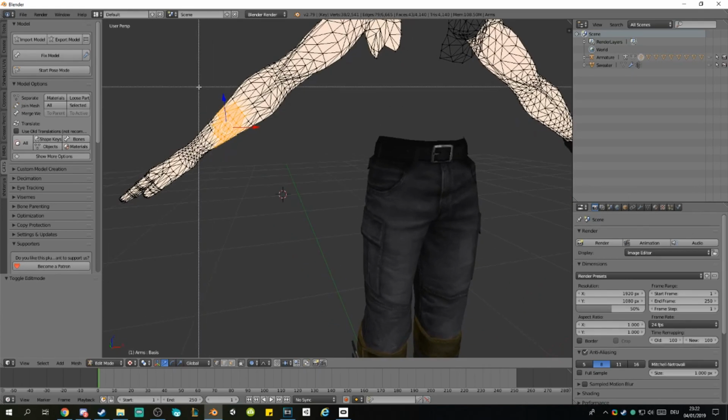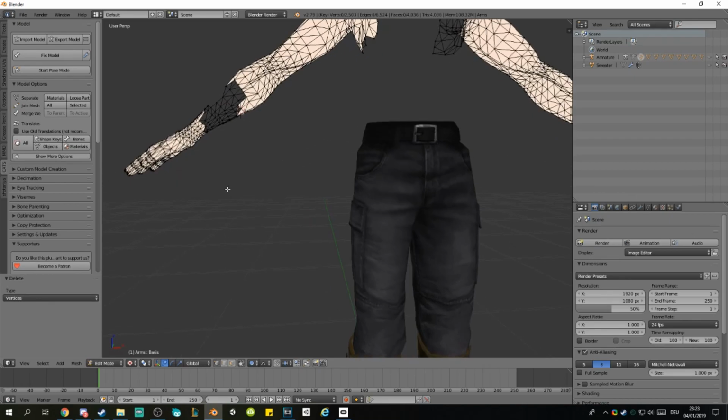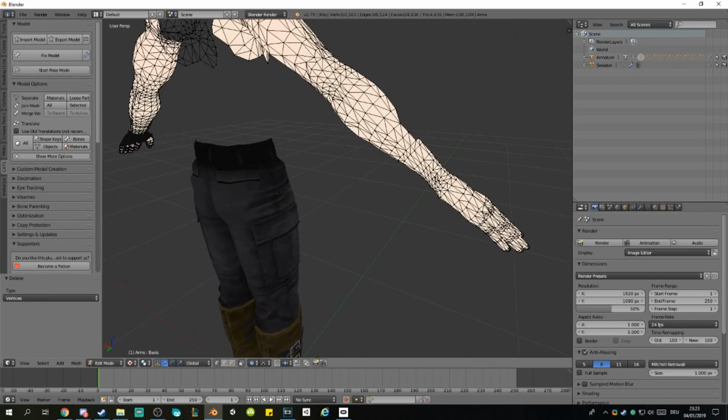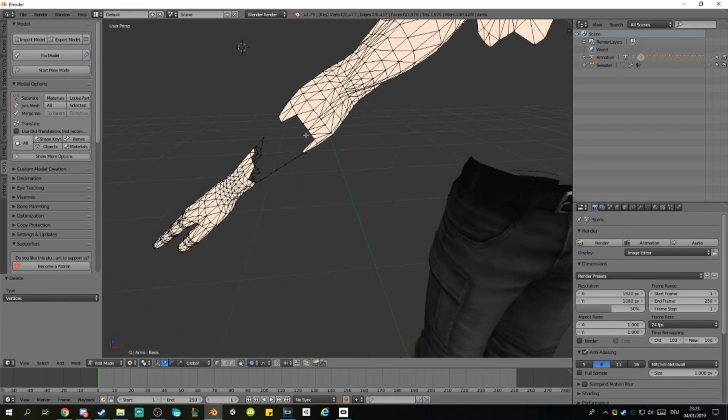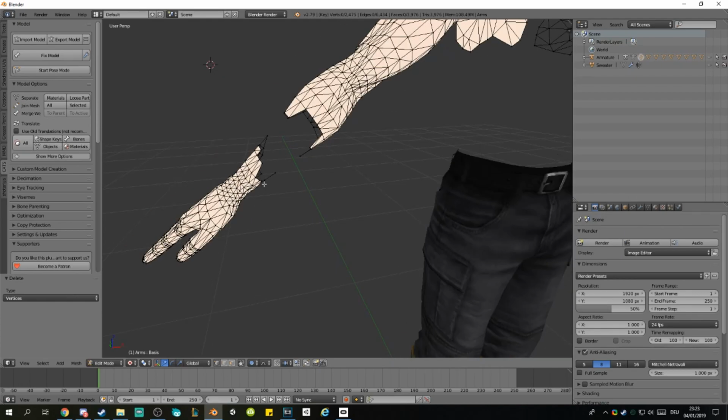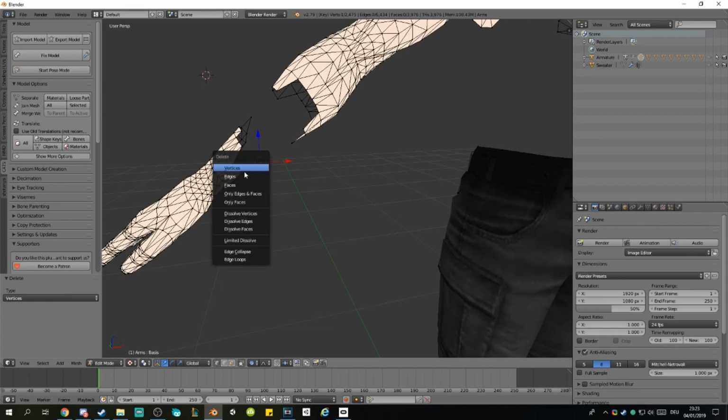You just press B to make something like a square or a line, just to select multiple of these polygons. Make sure you cut these lines. Sometimes there's a bone. If you didn't hide your bones, the bone is still showing, so don't get confused by that. And after we did this,